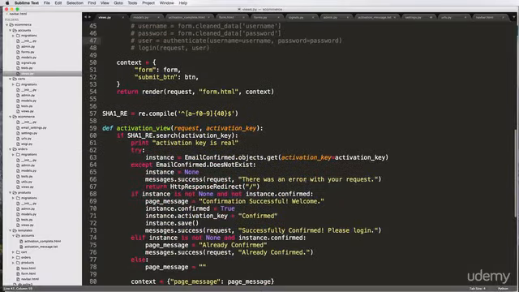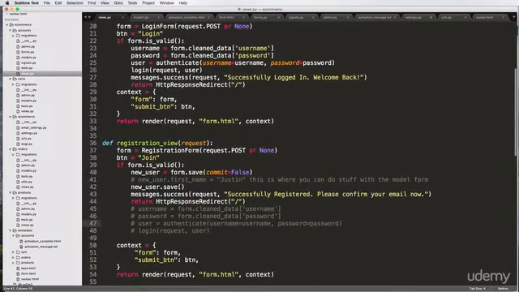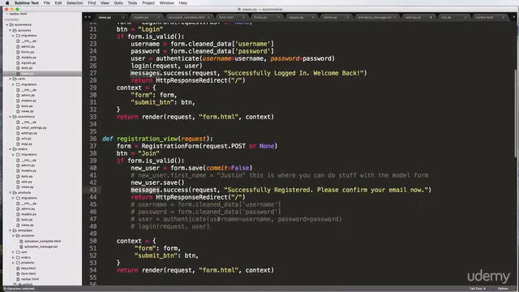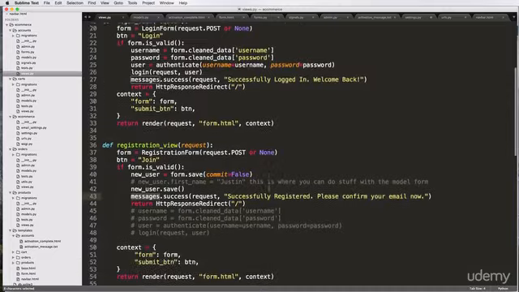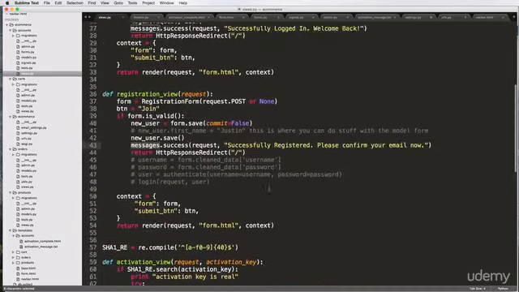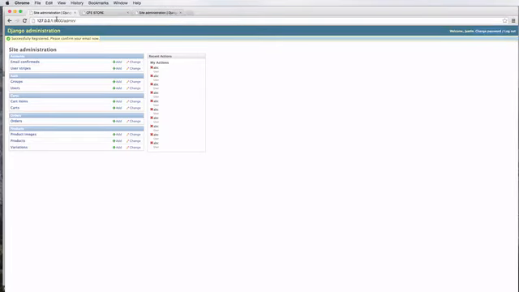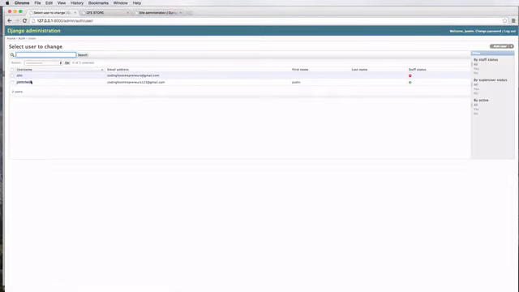Okay, so now we've got all that. We've got these messages set up. We will actually implement these messages into our templates later. So if you have any questions on this so far, let me know. Otherwise, the last thing I want to do is go through the whole thing all over again. Go to users. I'm going to delete this user,